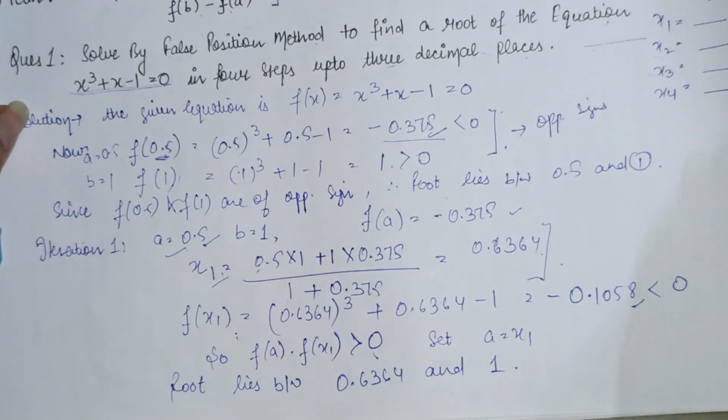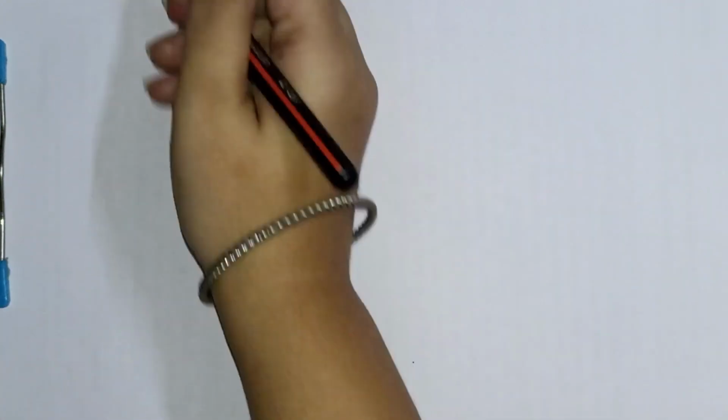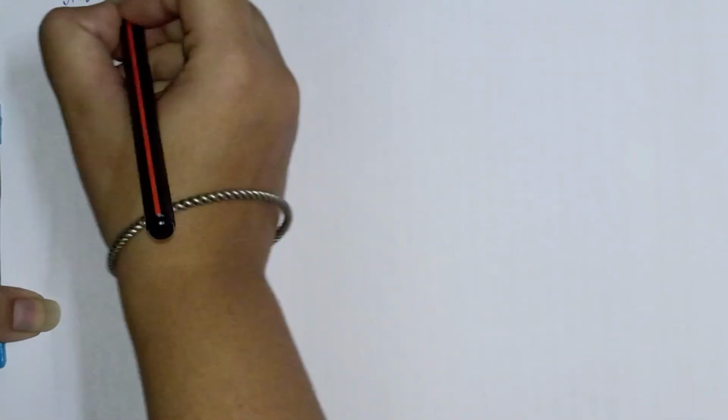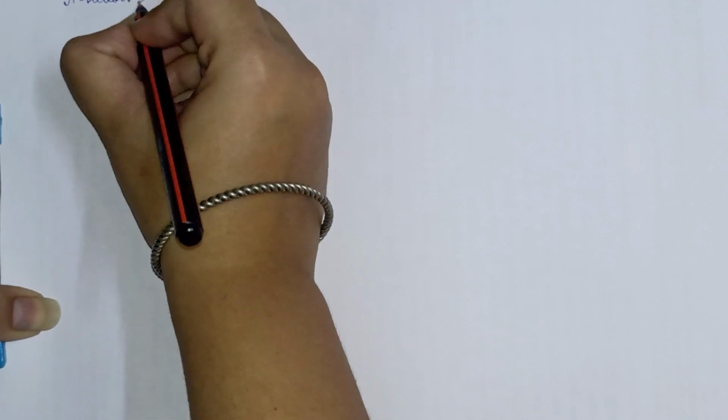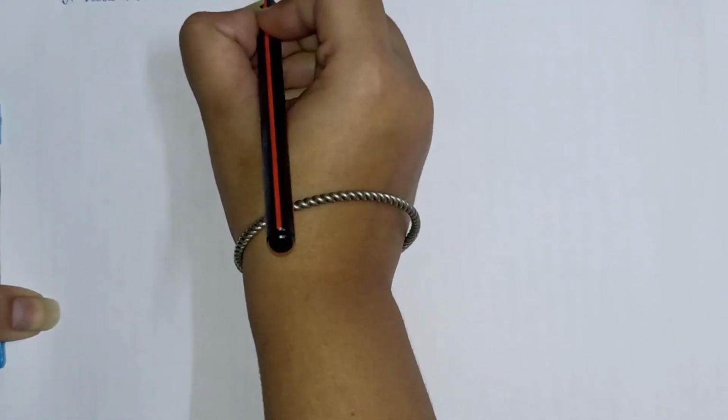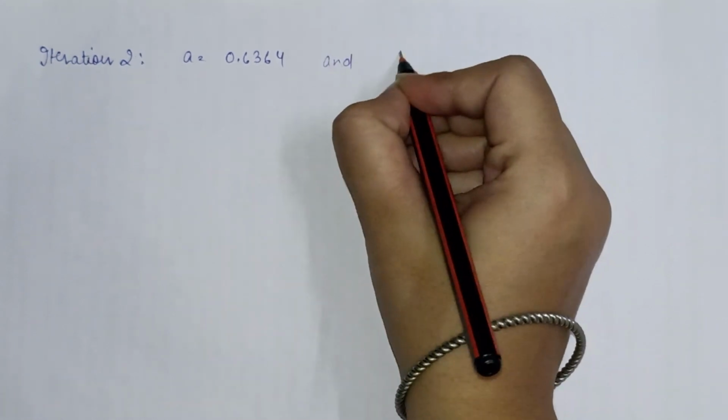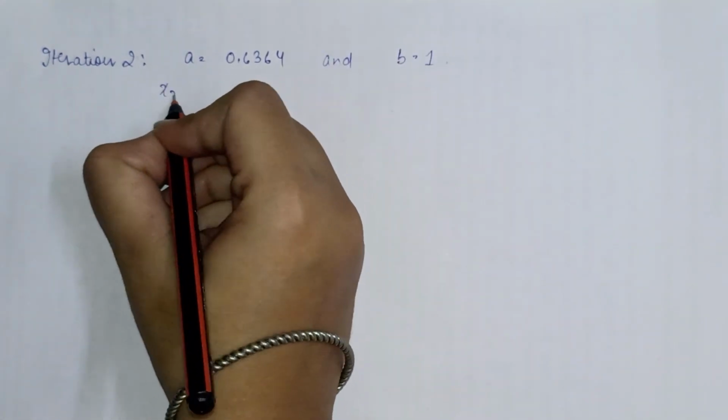उसके बाद हम सिमिलर सेकेंड आइट्रेशन परफॉर्म करेंगे। आइट्रेशन 2, सेकेंड अप्रॉक्सीमेशन। आइट्रेशन 2, ए हमारे पास है 0.6364। सो आइट्रेशन 2 में हमारे पास ए आ गया 0.6364 एंड बी इज़ 1। सो वी कैलकुलेट सिमिलर मीन